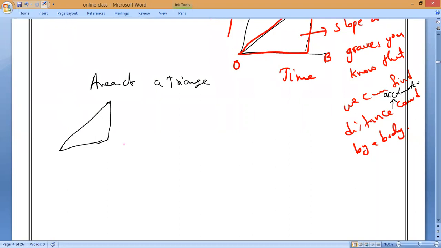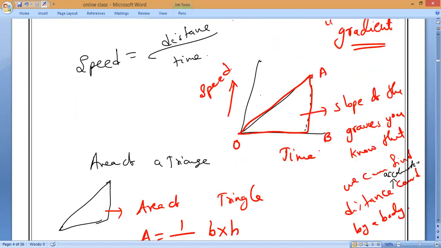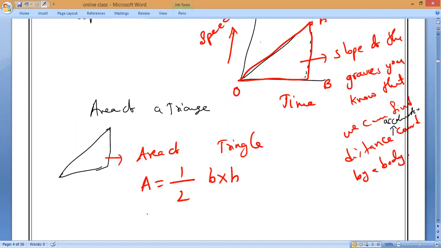Now if you notice here, this is what we used to call a triangle. So what is the area of a triangle, everybody? Please respond. Area of a triangle is equal to half into base into height. Very good, half into base into height. So what is the base here? OB. So area of the triangle is equal to half into OB